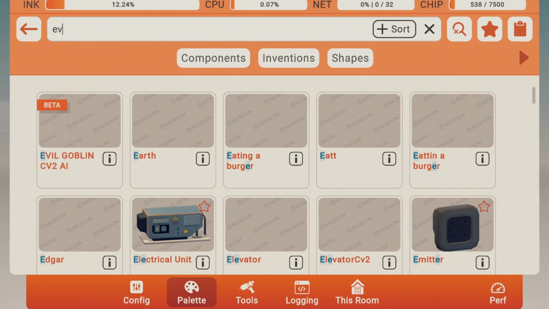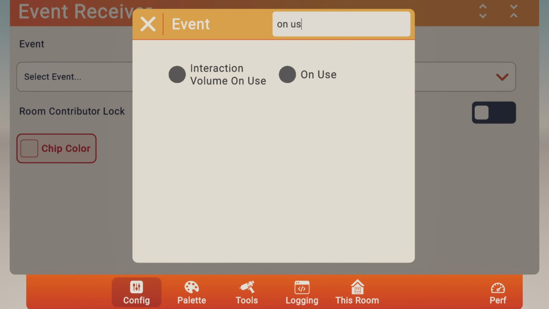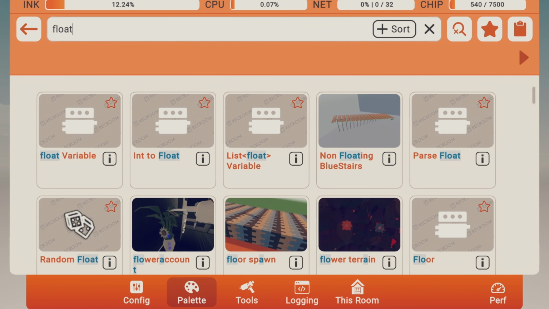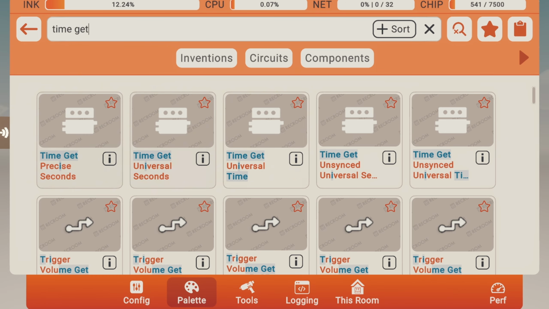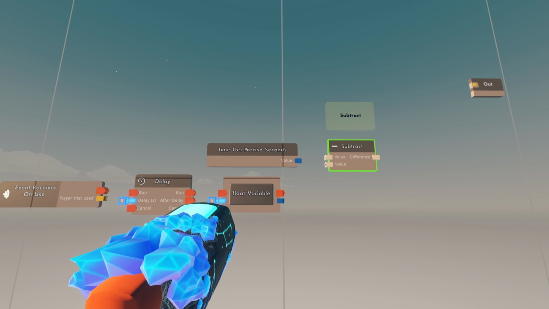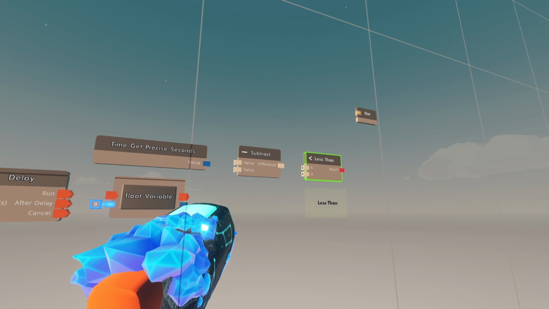So first, we're going to need an event receiver. Then we're going to configure it and change it to on use. And we're going to get delay chip. We're going to get a float variable. We're going to get a time get precise seconds. Then we're going to get a subtract, a less than, an if chip, a velocity set, a get local player, a divide chip,